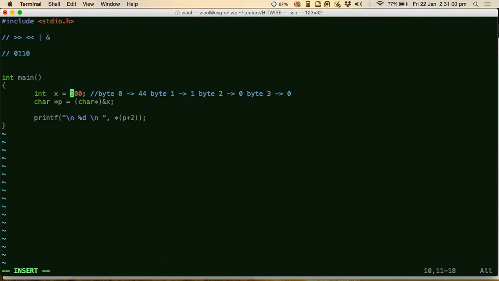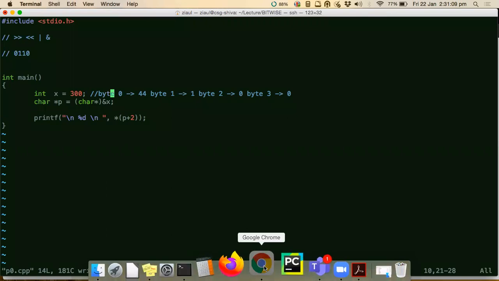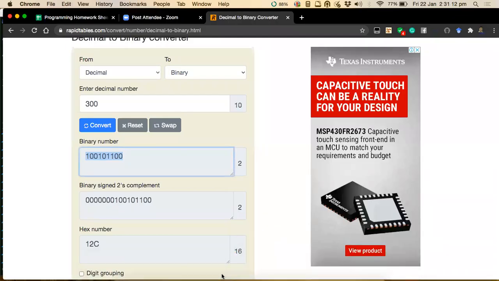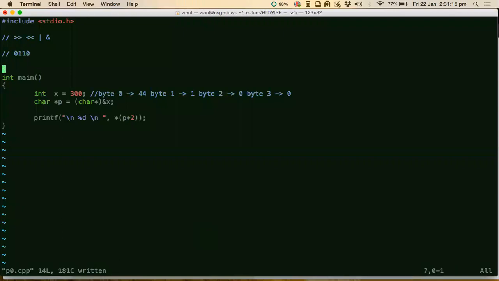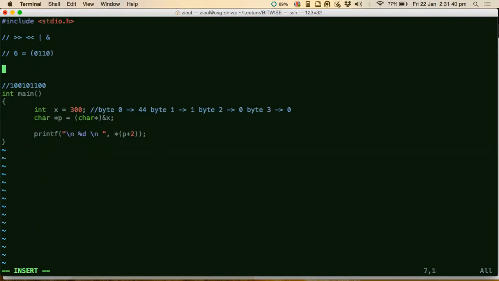Sir, I'm not getting how we are actually writing this representation. I just know the conversion where we write 2 raised to power 0, 2 raised to power 1, 2 raised to power 2, and so on. But I'm not understanding this 1001 and all this. What are you not understanding? How did I get these 4 bytes? Sir, how did you get that 0110? This one. This is for 6, right? This is the bit representation for 6. Sir, how do we actually calculate that? I don't know that, sir.